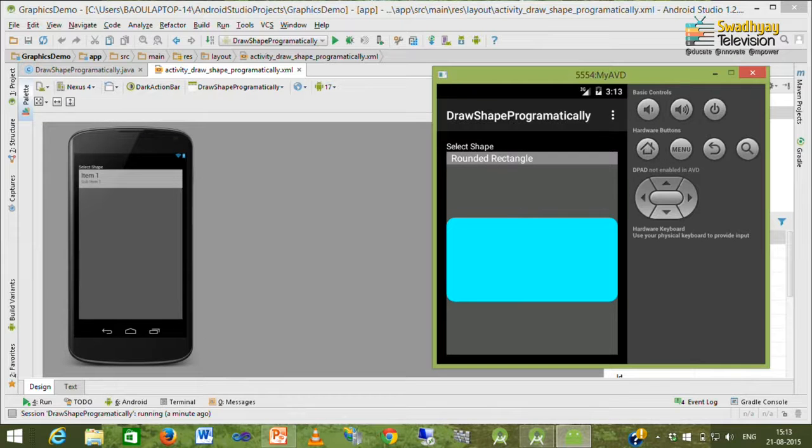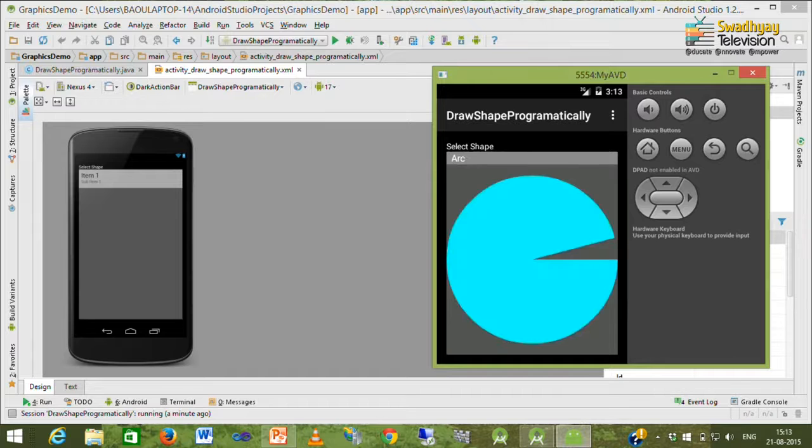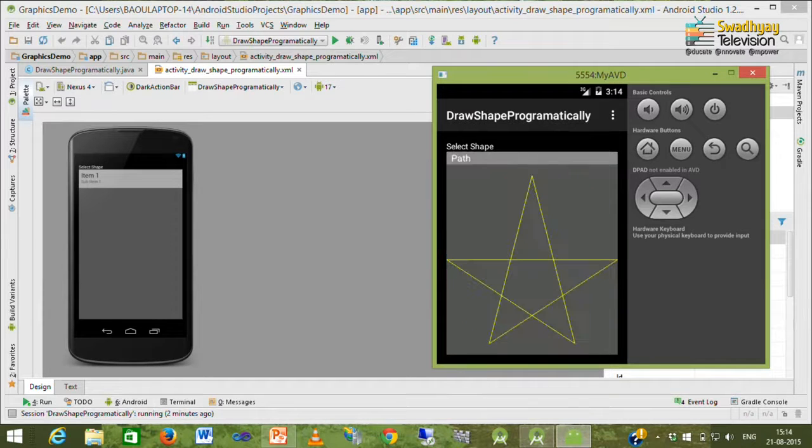Here it displays a rounded rectangle. Likewise, we have oval, we can have arc. This arc is from 0 to 345 degrees,